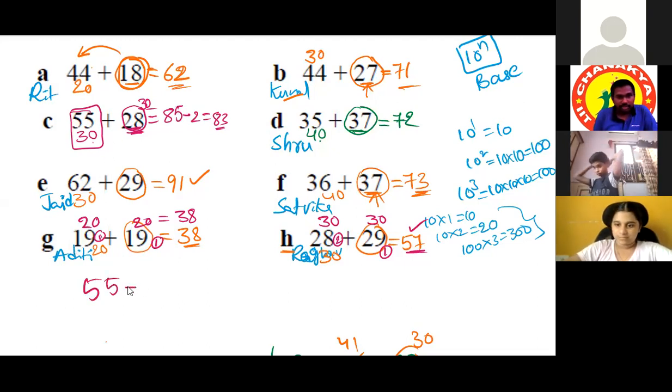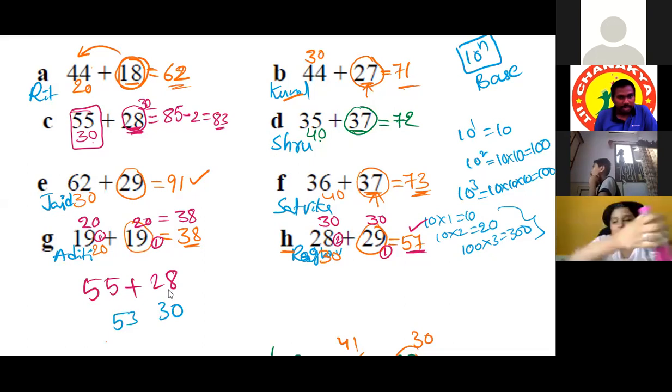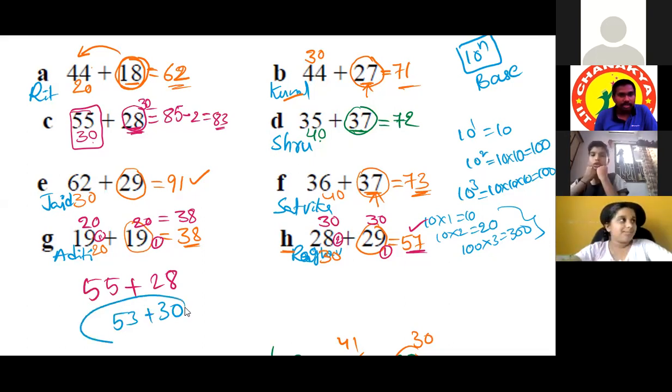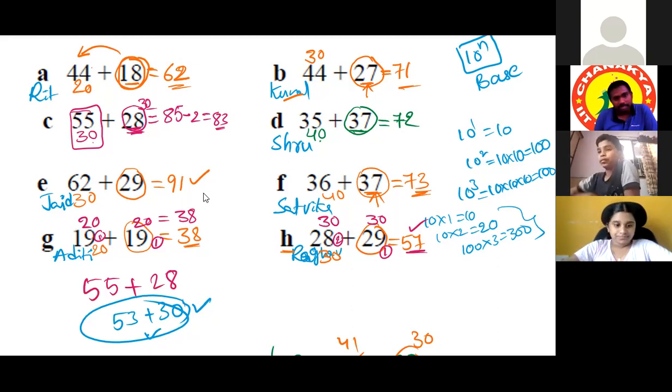So what you are saying is 55 plus 28. I'll do in this way. I'll make it 30 and I'll make it 53, right? I'm adding 2 here, I'm subtracting 2 here, and then we can do the same. This is also another way to do the same question. That is also correct approach. Same answer will come. In mathematics, whatever may be the method, answer should be same. If in one method we are getting one answer and in another method we are getting another answer, your process is wrong then. Every method should lead to only one answer.